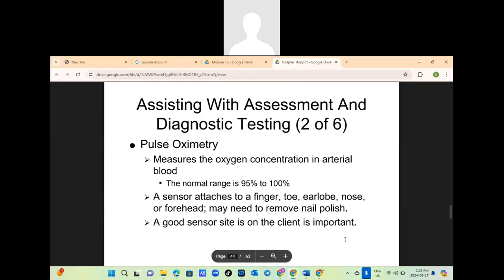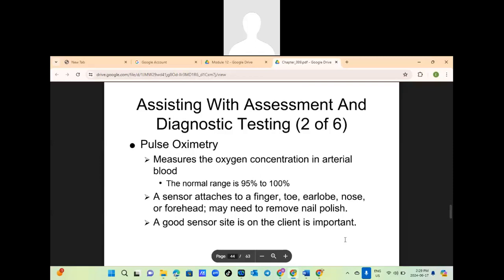For example, if 97% of the hemoglobin carries oxygen, the tissues are getting enough oxygen. But if the hemoglobin carrying oxygen says only 90%, the tissues are not getting enough